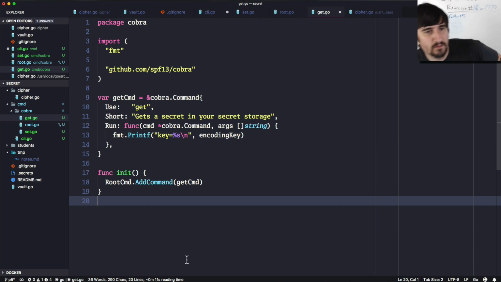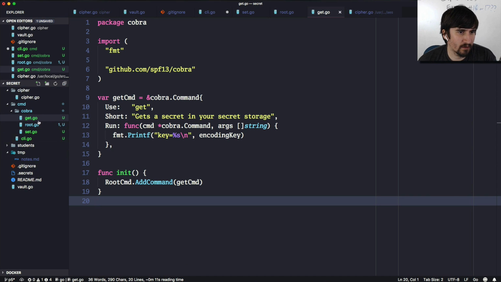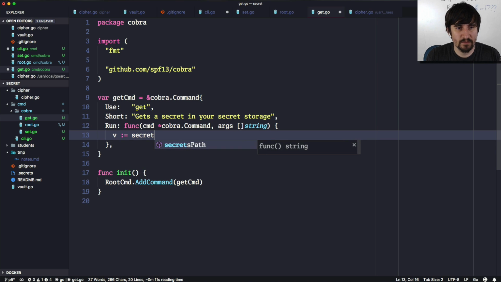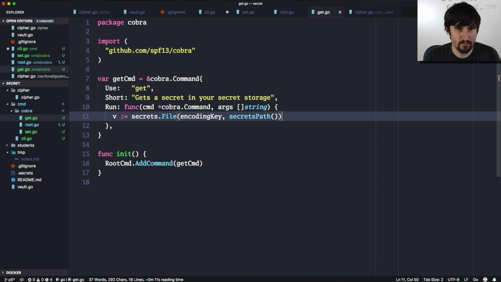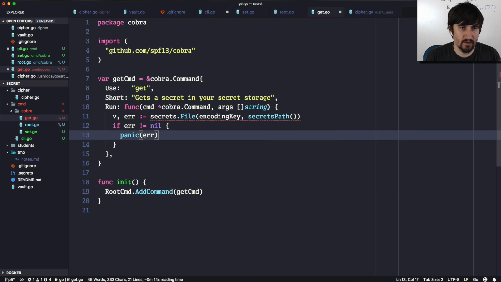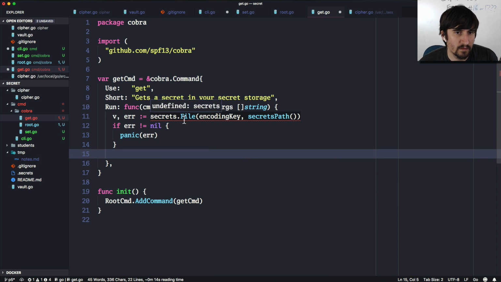What we want to do now is open up the vault with our home dir, whatever that happens to be, and go from there. I think I deleted everything that was in our last demo, so I don't remember what all we're setting or what key we were using, but I think we just had a random key there. So what I'm going to do is say vault is going to be secrets.file, encoding key, and this is going to be secrets path. I think this can return an error too. I'm just going to panic for the time being. I think that's fine. And this is probably